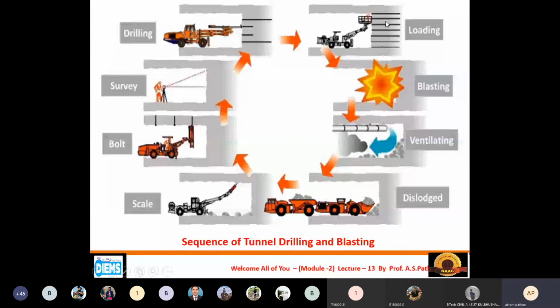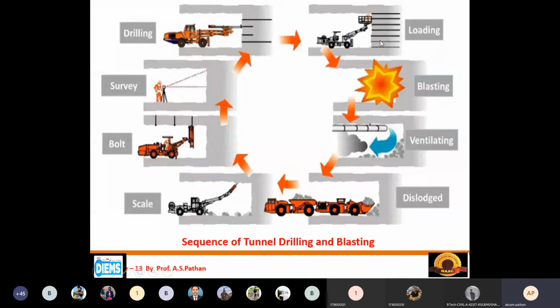After charging the detonators inside all the holes, the next thing is blasting. Before blasting, care should be taken, whatever the criteria for the blasting, and we have to make all the people aware.